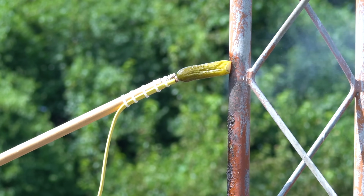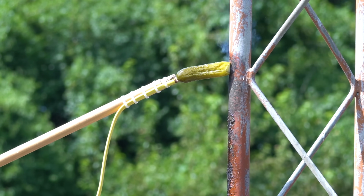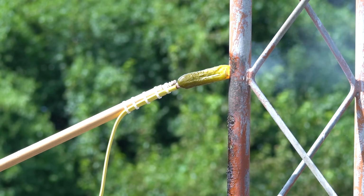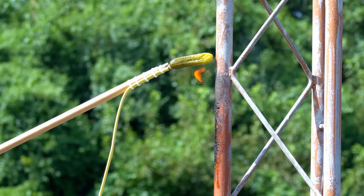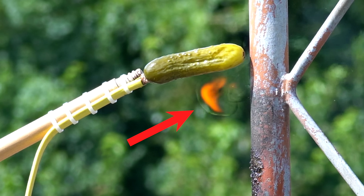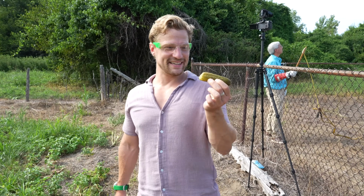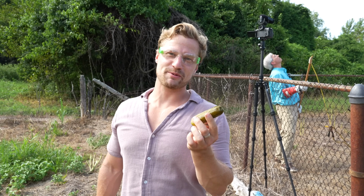Surprisingly, the pickle performed worse, but that's likely due to the fact that it was too conductive, bogging down the transmitter, dropping from 16 amps down to less than 9 at times. However, in reviewing the footage, we captured something incredible. The initial contact created a plasma shock wave. Awesome. I don't know if this is a good idea. You know, I don't know if a fried pickle's good in the first place, but...